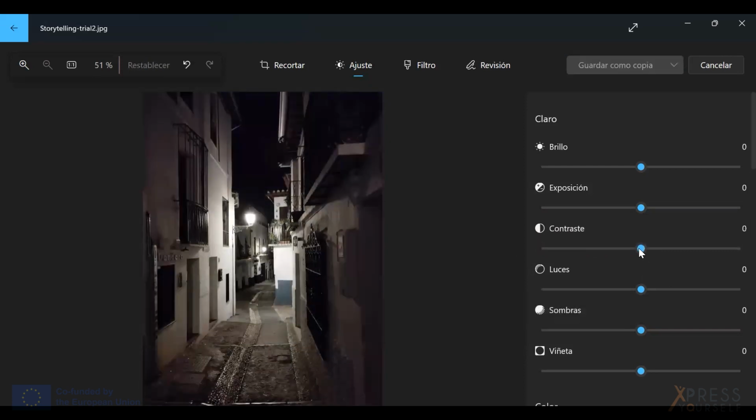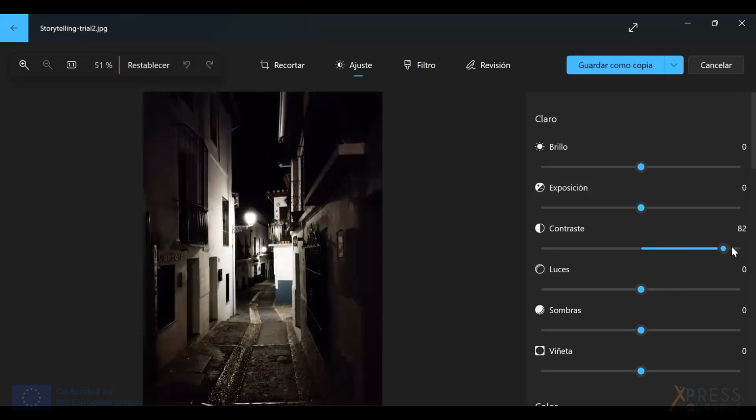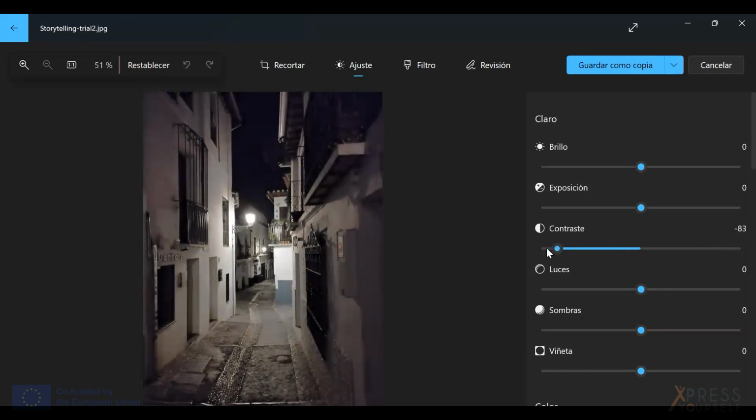This is again the picture itself, and by increasing the contrast, we are fading it into black. And when we decrease it, we are fading it into white, right? So you see the picture here.